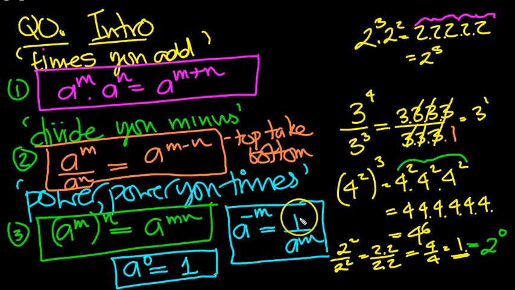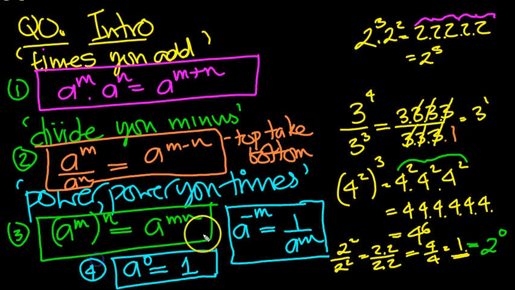Why would that follow? If we look at our rules for indices, we can write the 1 as a to the 0, because we've just done that, haven't we? So we could put a to the 0 there, because that's 1. Then we use the rules for indices, top take bottom. 0 minus m is minus m, because the m is underneath this time, yeah? You get a to the minus m. So these 2 rules, it's not difficult to illustrate that they follow from these rules above. So there's about 5 in total,